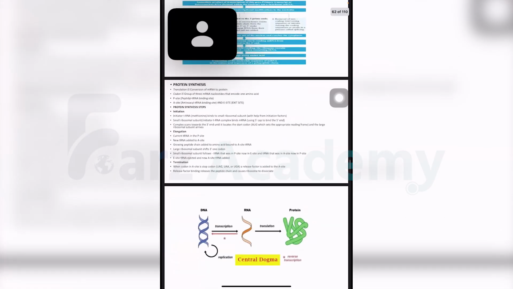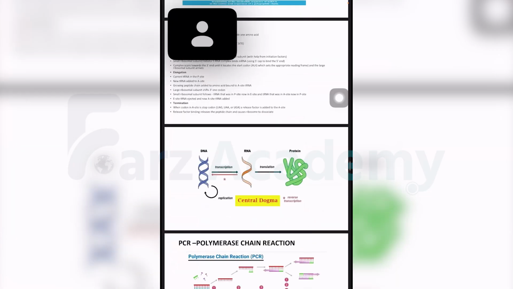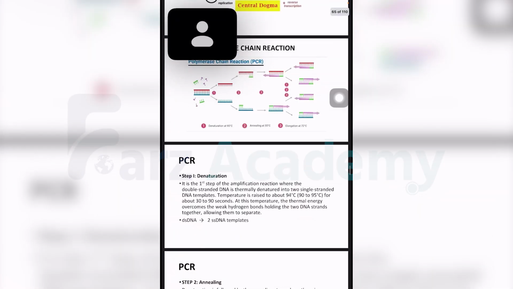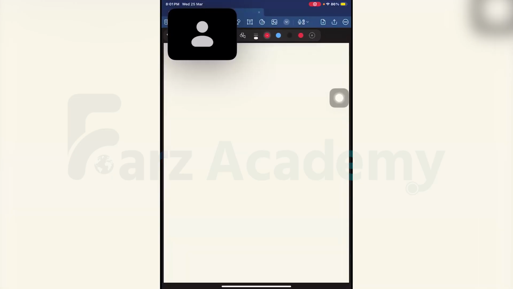So there is initiation, usually with methionine tRNA. Then elongation, where the peptide chain grows with the help of peptidyl transferase, right? The tRNA is there in the P site. I will add new tRNAs as per the sequence of amino acids in the protein to be synthesized from the A site, and then they will finally leave through the E site. And once I get the stop codon, my protein synthesis is going to get terminated. This is my central dogma of molecular genetics.